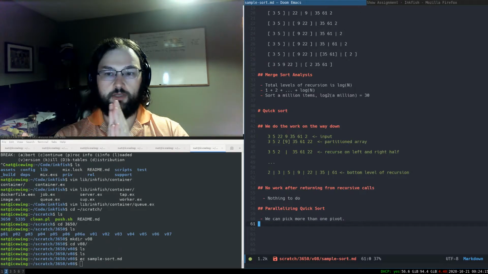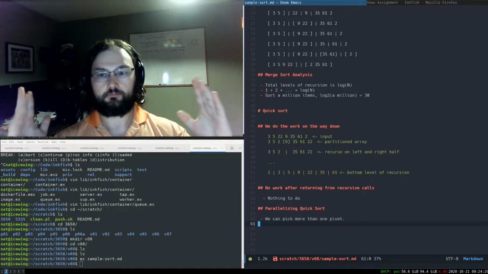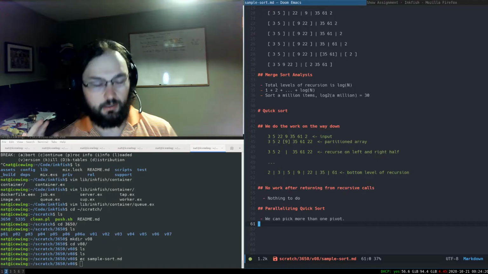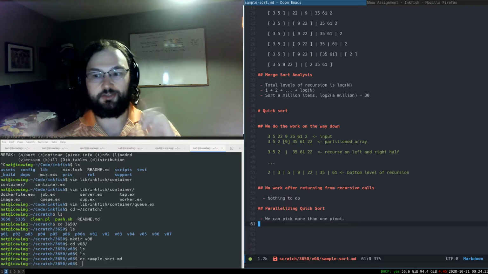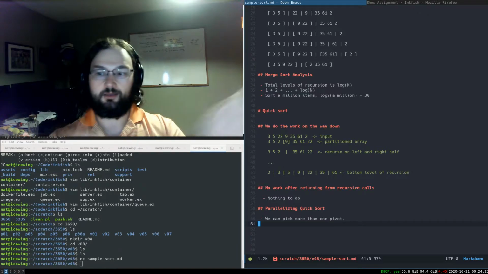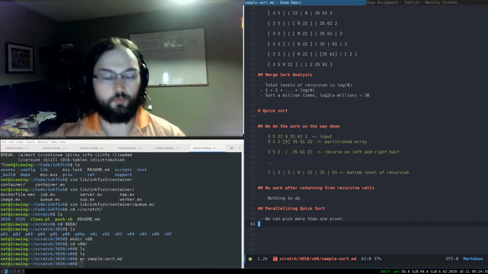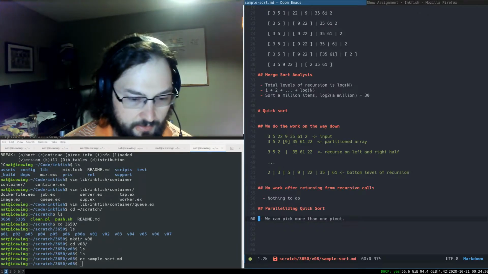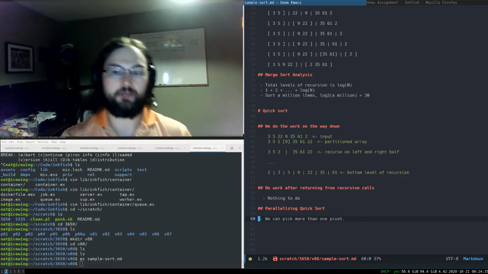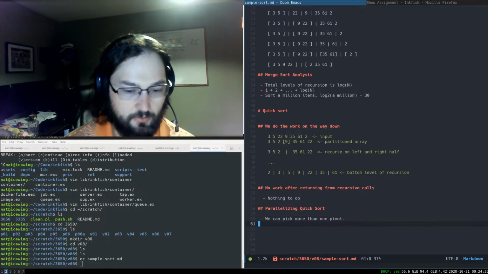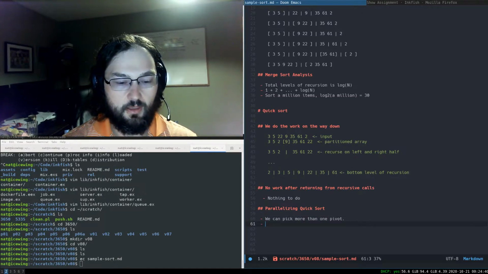Because as you increase the number of pivots, the work of partitioning gets this intermediate sorting step where you have to sort things into multiple buckets, and the complexity that you save in having multiple pivots goes away in dealing with multiple pivots. But